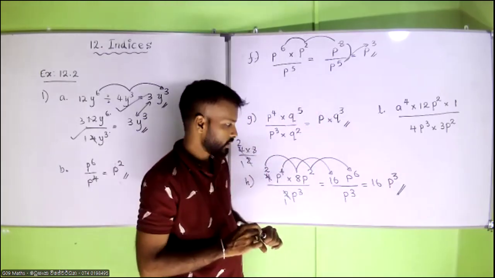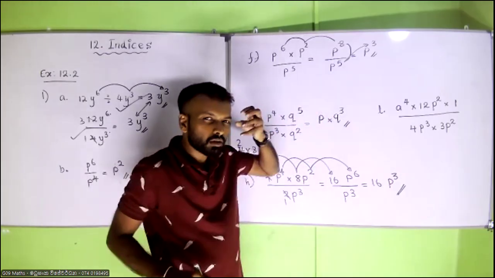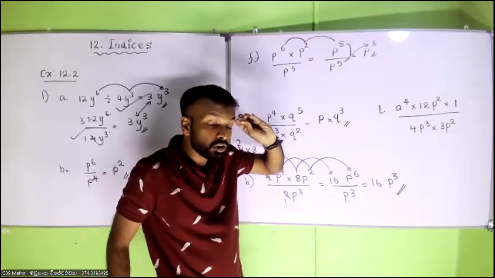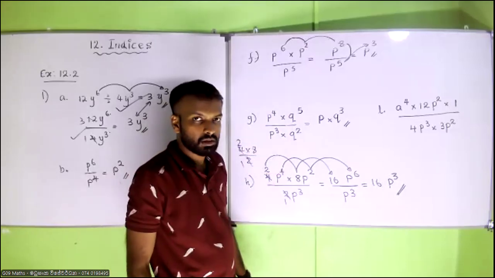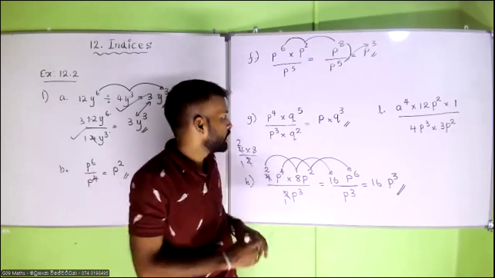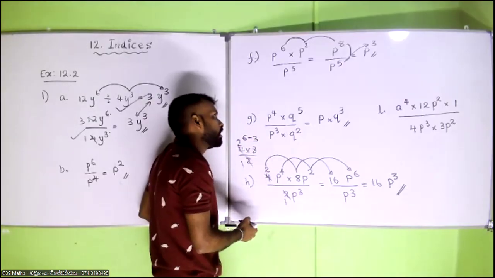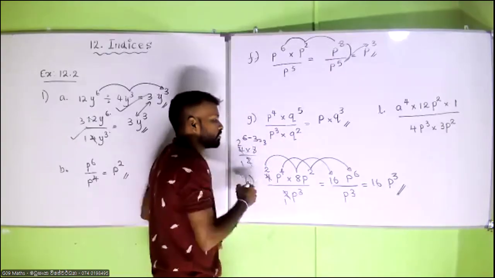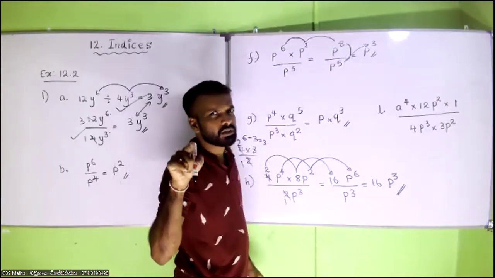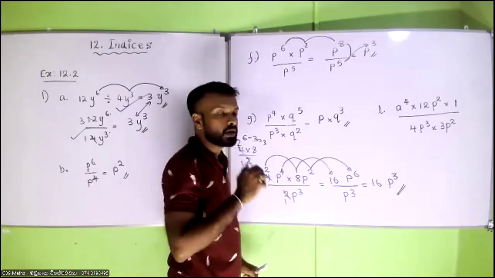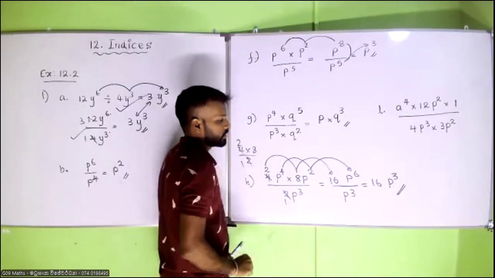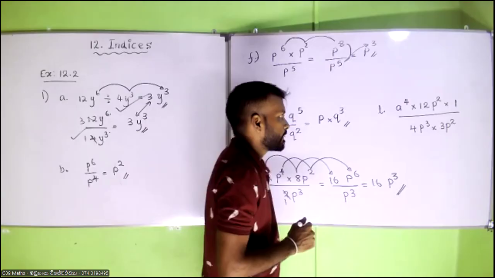Very easy, right? You can do the simplification using your mind. Why can't you get 6 minus 3, 3? So please train your mind. Right? So this one,